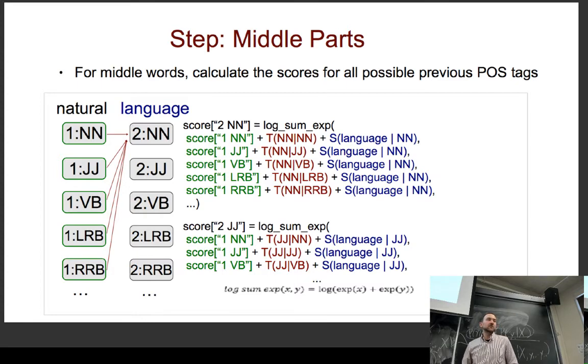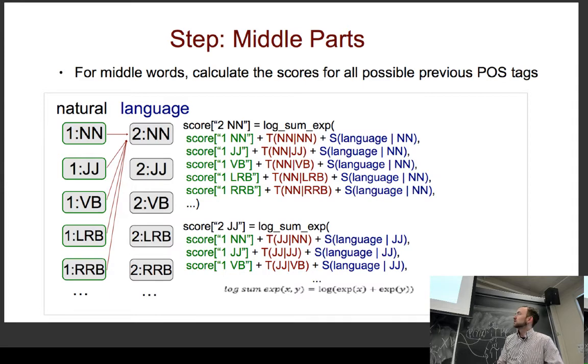tag, and if you remember from the Viterbi algorithm here, what we did for the next tag was we took the score of all of the previous tags at all of the previous positions. We added our new transition scores, we added our new emission scores, and then we took the max. So in the Viterbi algorithm, we just want to calculate the score with the highest value. We don't do the max here. What we do instead is we take basically the sum of the probabilities, or if we're calculating in log space, we take the log sum x of